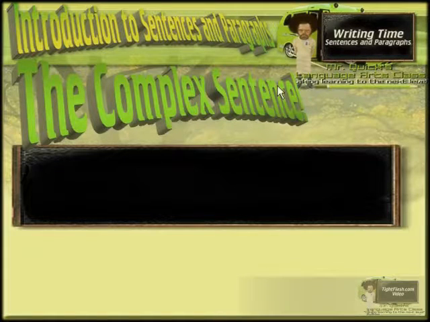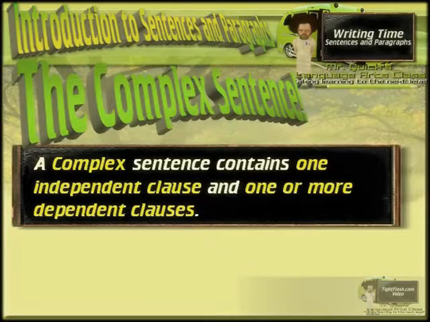Okay, so the complex sentence, of course, contains more than one clause. It has to have one independent clause, but in addition to an independent clause, it also has to have what we call a dependent clause. But I don't want you to look at it like that. This is how I want you to look at it, and it may be easier for you to understand. The complex sentence consists of two or more independent clauses,